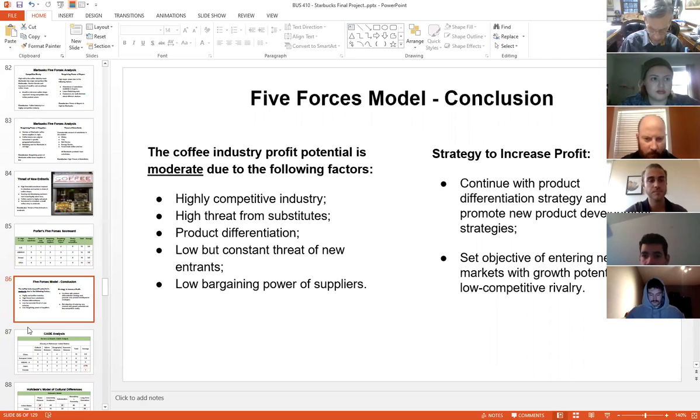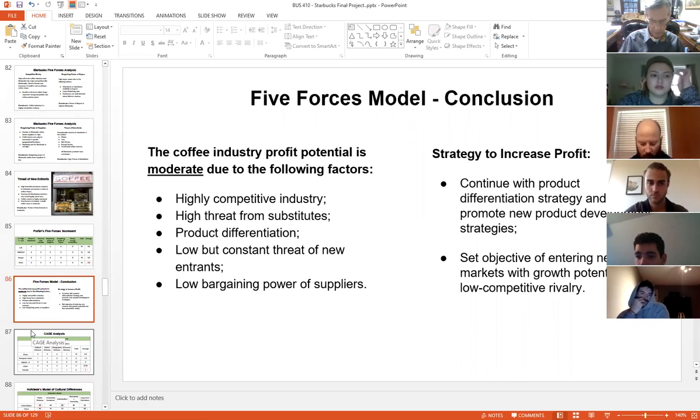Okay, so as a conclusion of the five forces model, the coffee industry profit potential is moderate due to the following factors: low but constant threat of new entrants, product differentiation, and high threat from substitutes. A strategy to increase profit and solve this problem is to continue with product differentiation strategy and promote new product development strategies, and set objective of entering new markets with growth potential and low competitive rivalry, for example, in China,